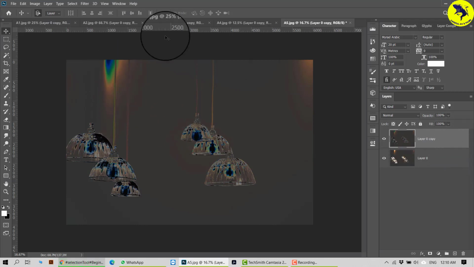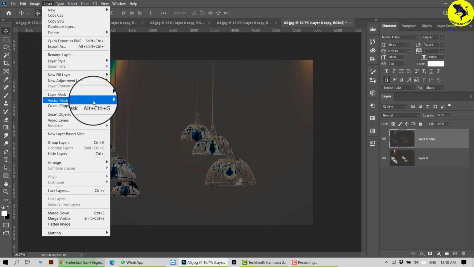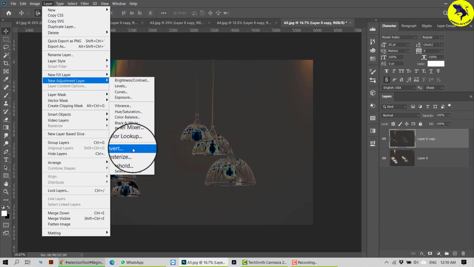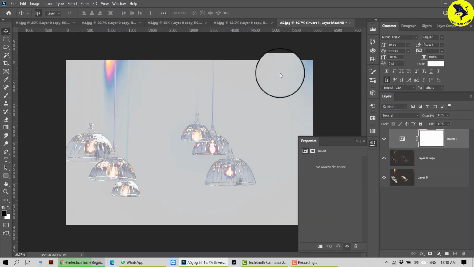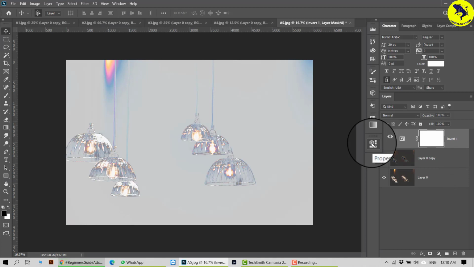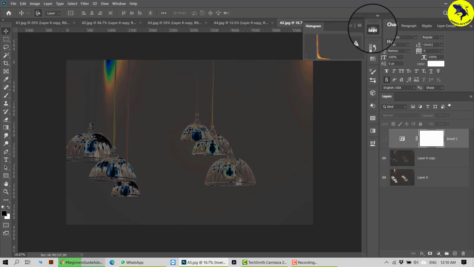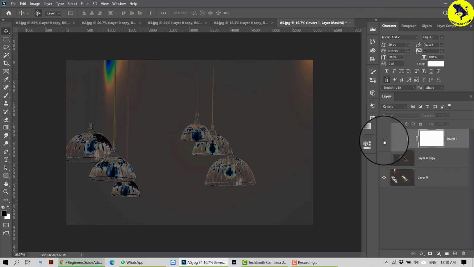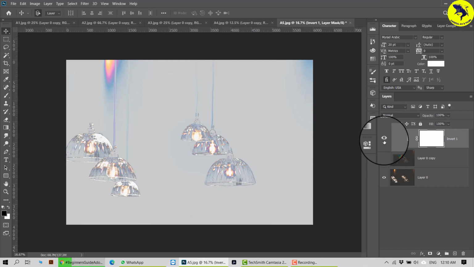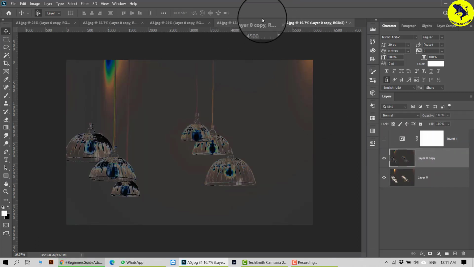Now I'll go to my layers, layer style, and I'll go for invert. What happens? All the white areas are popping out. See, this is going to remove all the white areas, which you can see in your histogram, and then the invert is making it more white. The black areas are removed and it has put on more of a white finish. So that is how invert and solarize work. It's a very nice effect if you want to work on somebody's picture.